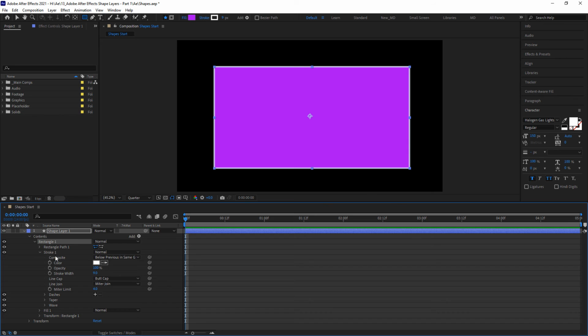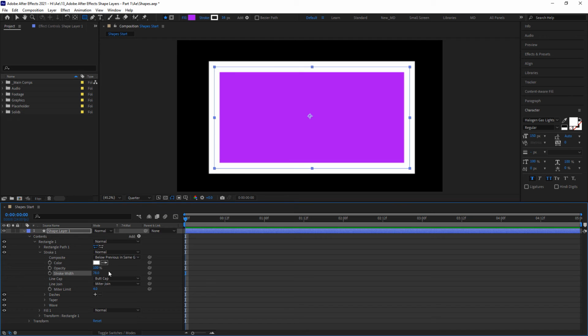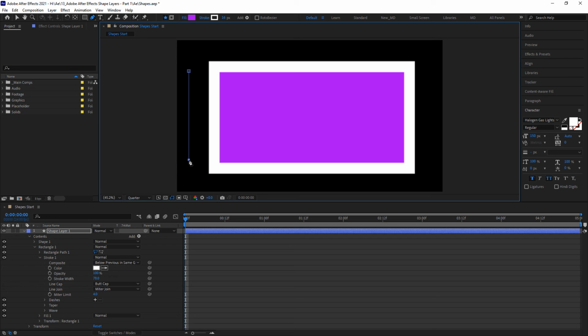For example, on the stroke here, you can animate the stroke width, the opacity, basically anything with a stopwatch, you can animate. But you also have other options, things like the line cap, which you won't see on a closed path like this. If you create an open path, an open shape, something that hasn't been closed,